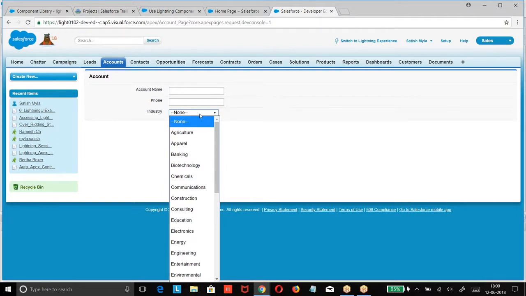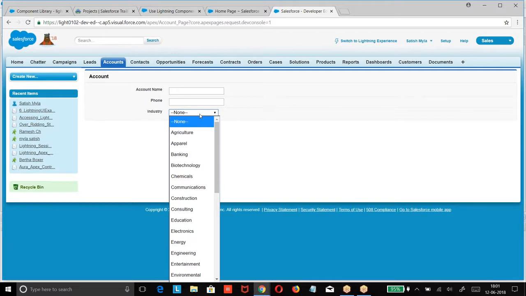But how are you controlling these options? In the administration, you went to the record type and selected the options. But I am creating a custom page. On this custom page, as per my record type, I need to get the corresponding options. Did you get my point? If you don't mention any record type, what will happen? With respect to the current user, what is the profile given to him? His default record type will come here, so options will come with respect to the default record type.